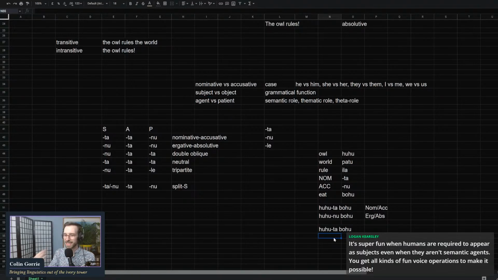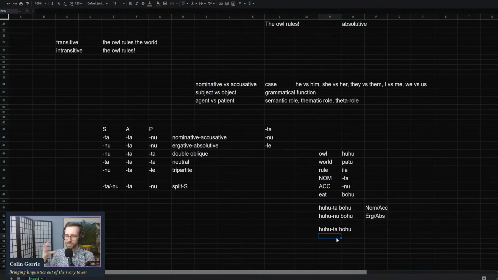So when you eat, you are more agent-like, because you're deciding to eat, you're causing the action on the food, you're chewing it up, you're causing a change of state in the food, you're doing this willingly most often, and you are sentient. You're sentient. Sorry to be the bearer of bad news. So in a split S language, because eating is something whose subject is more agent-like, we get the